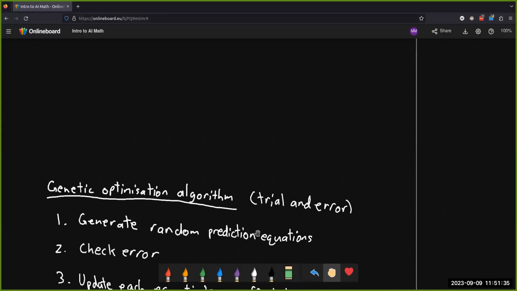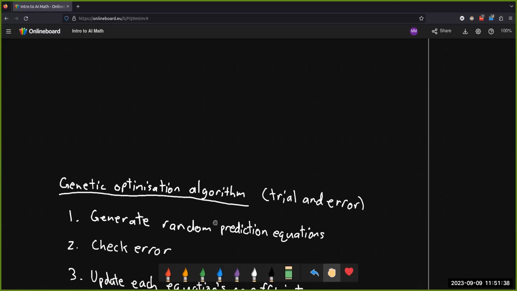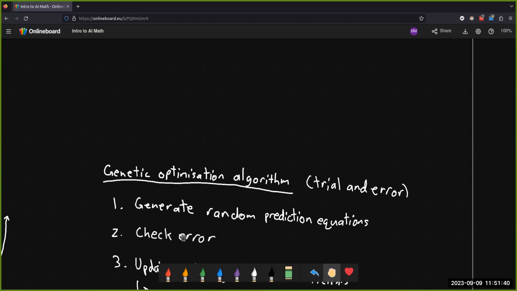and we'll create, let's say, 100 equations like these. For each equation, we're going to check the error that the equation has. This is like how well a mutation helps you survive or not. If you get a very high error, then you didn't choose well. The randomness does not help you. If you get a low error, then your randomness helped you. You trialed and errored your way into a good solution.